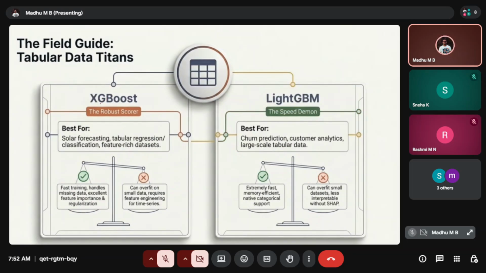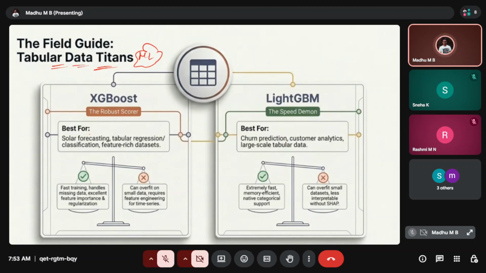Okay. Now coming to the second one, that is tabular data models, that is ML models. So we have two types: XGBoost and LightGBM. Coming to this specific XGBoost, this is mostly used in solar forecasting.